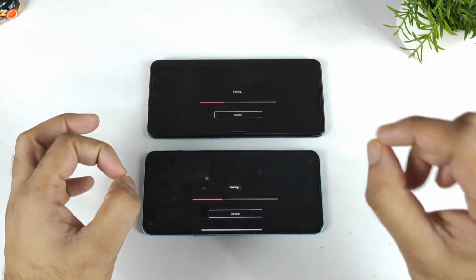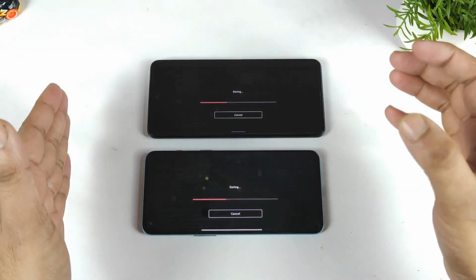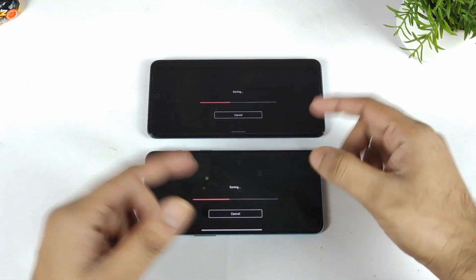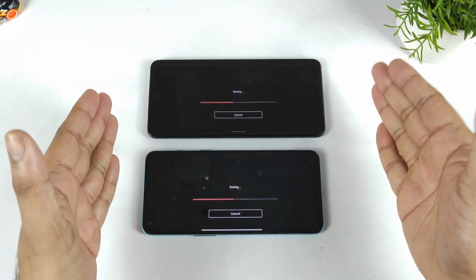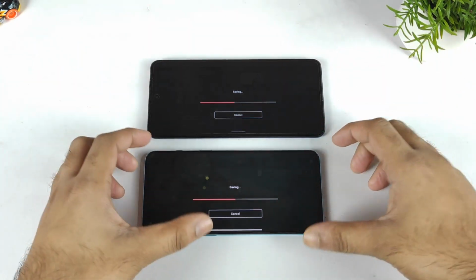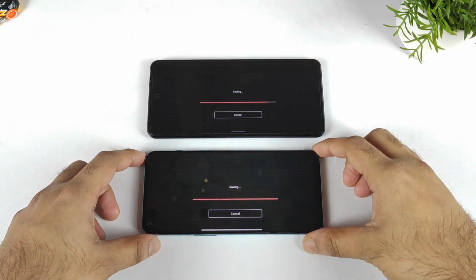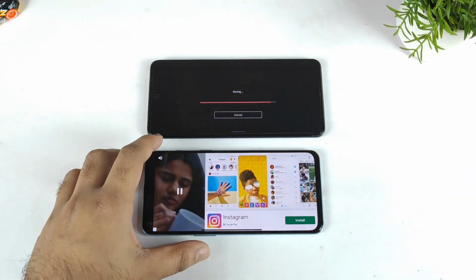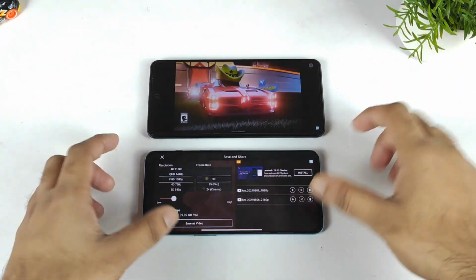These are slightly extreme tests, because the first application we opened a couple of minutes back, and right now we are doing some heavy tasks. Let's see which UI is really optimized to keep apps in the background for RAM management. Anyway, the first phone to finish is the OnePlus Nord 2, slightly faster than the iQOO Z5. A little bit faster, not huge, maybe a 10 second difference between these two phones.